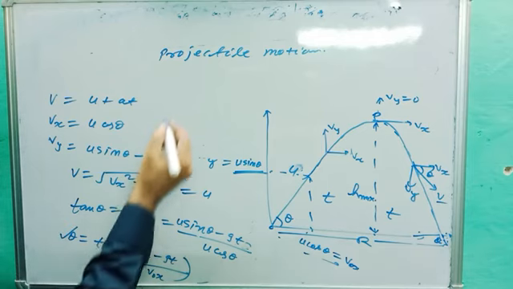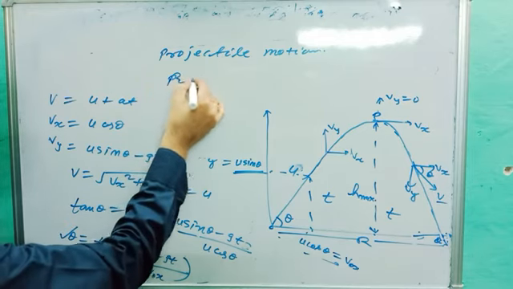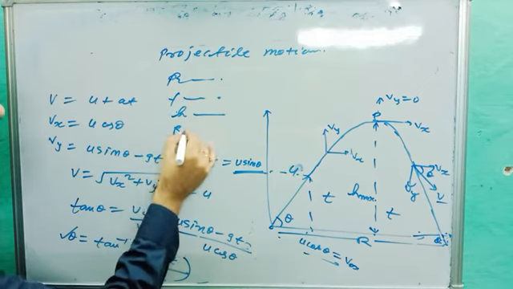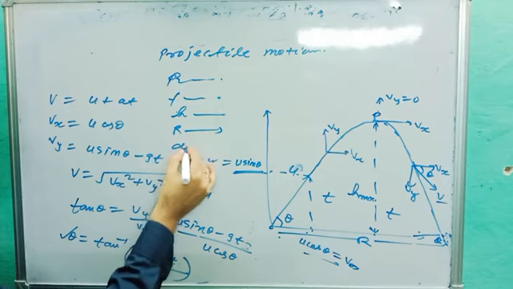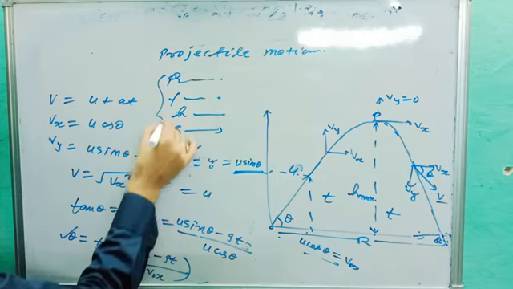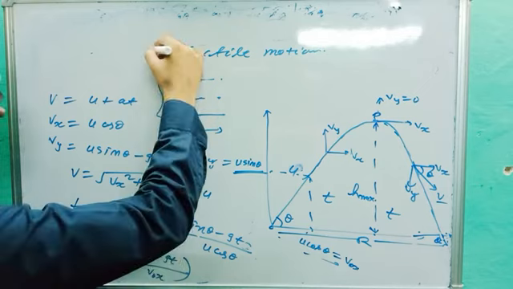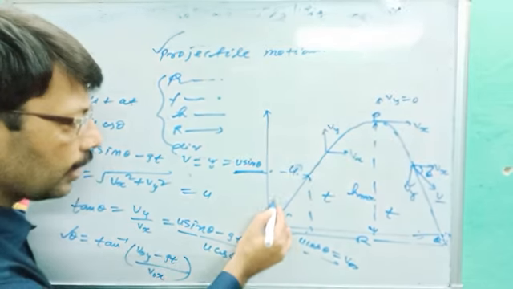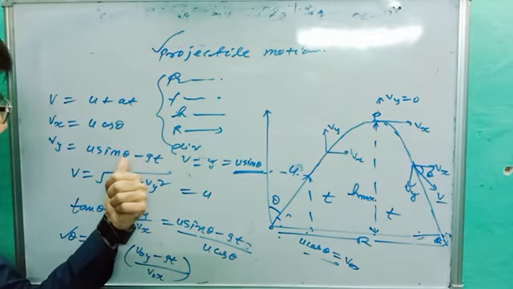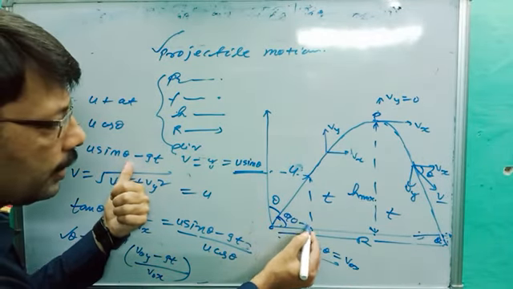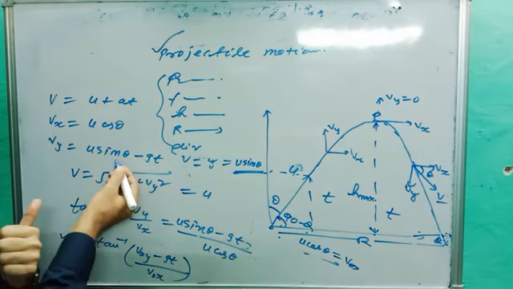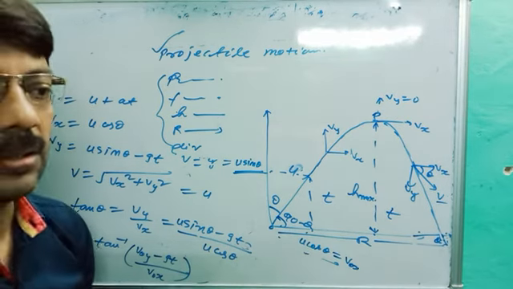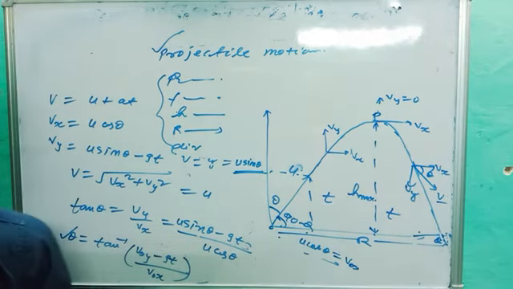So this is all about your parabolic motion. Many points are there: flying time, height, range, and this is the direction and resultant velocity. These are the points on which we can discuss projectile motion when it is thrown at theta angle. Suppose this theta angle is measured from the vertical. Then in place of theta, you have to put 90 minus theta. Many times that question is asked. So in place of theta, you put 90 minus theta. Sin of 90 minus theta is equal to cos theta, so everything will change. Okay, so this is all about your projectile motion. That's all for today.